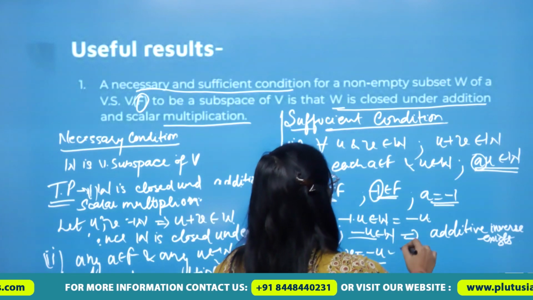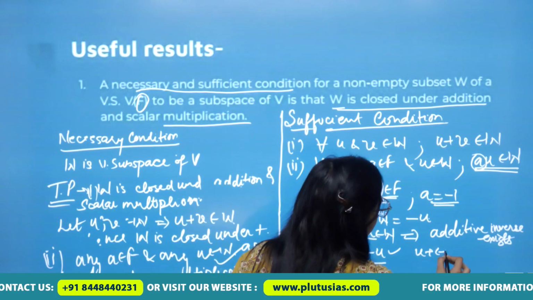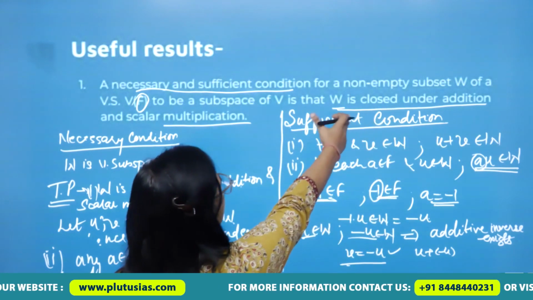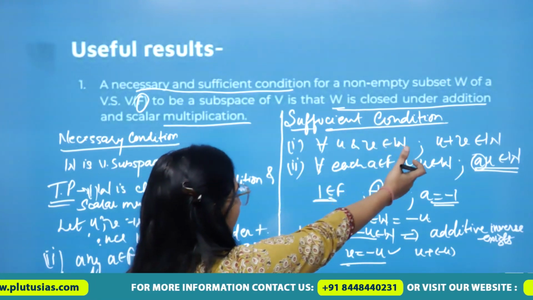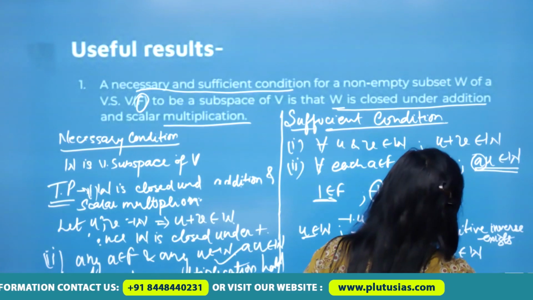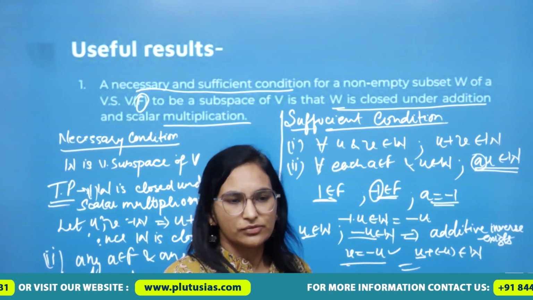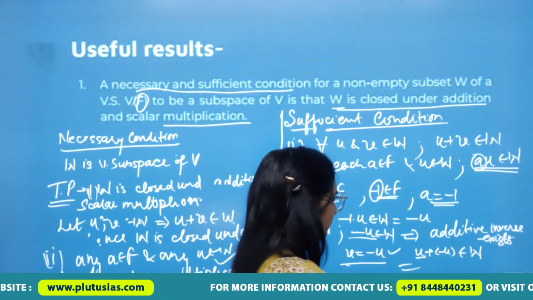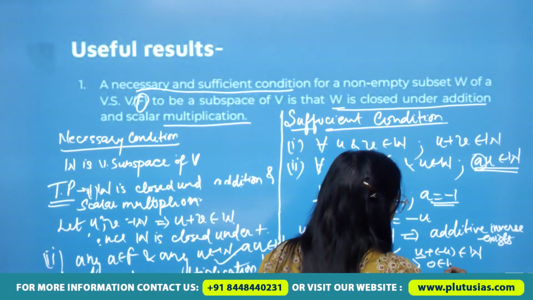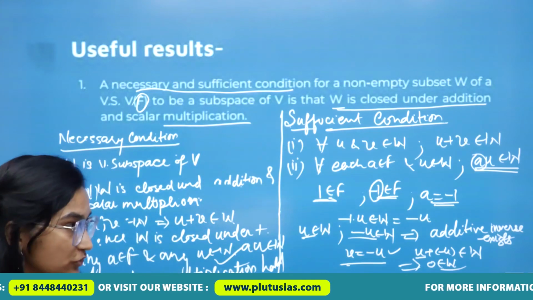And now we will put this in that. Then u plus minus of u. And what does this mean? It is closed under vector addition, so it would belong to W, right? What is this? An element plus the inverse of that element, and it would give us 0, right? And hence we have proved that the additive identity belongs to W.